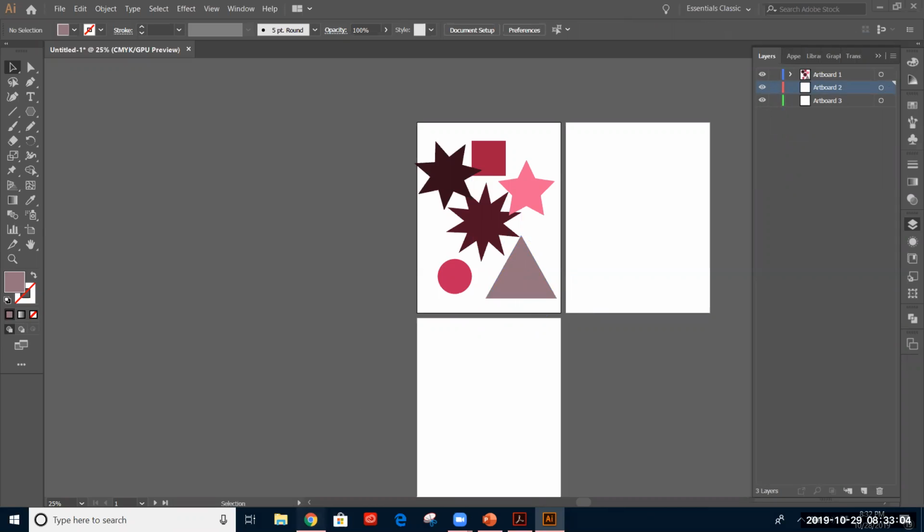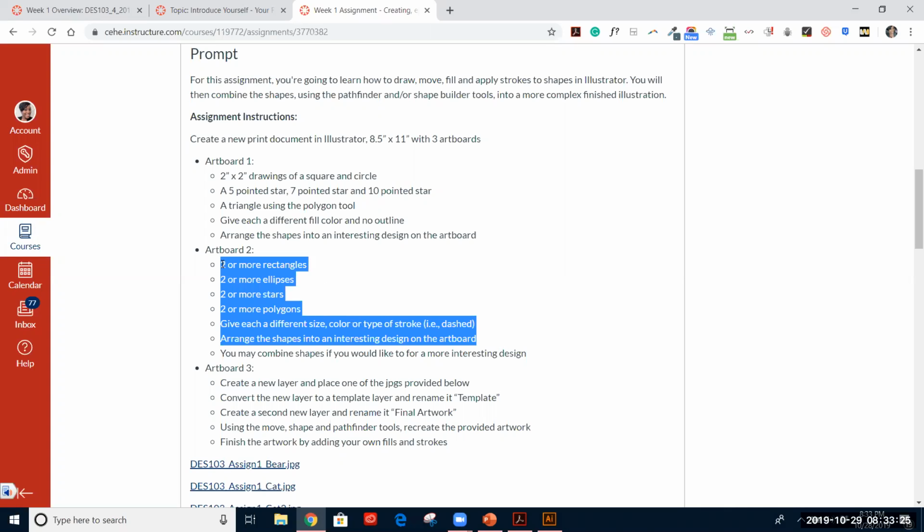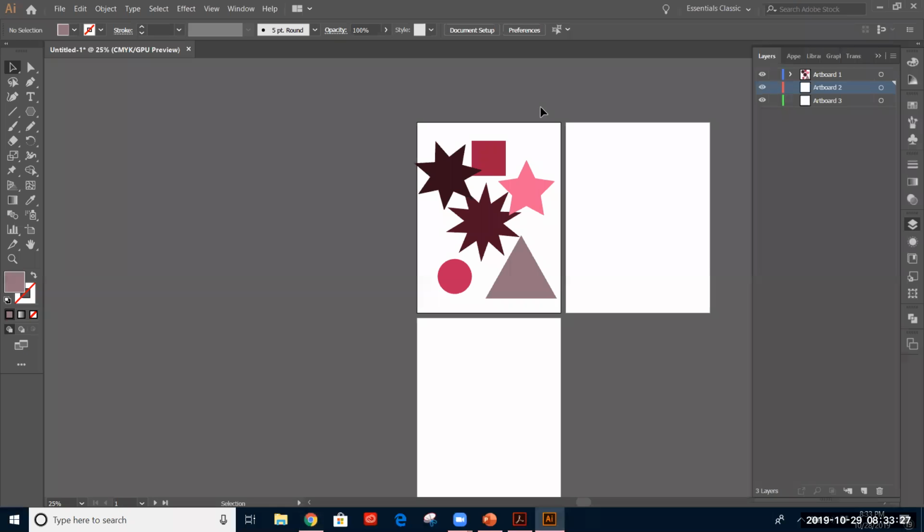Artboard 2 says you're going to use 2 of every shape. 2 or more rectangles, 2 or more ellipses, 2 or more stars, 2 or more polygons. Give each a different size, color, type of stroke, okay? So what I'm going to do, I'm going to create a picture with this really quick, very quick picture. I don't know what I'm going with this, but I'm just going to create a picture just to show you what you can do for your artboard, so you're not stuck just making some type of basic